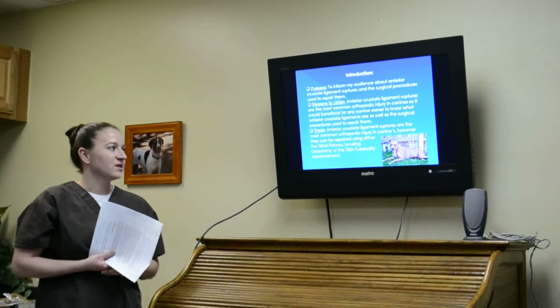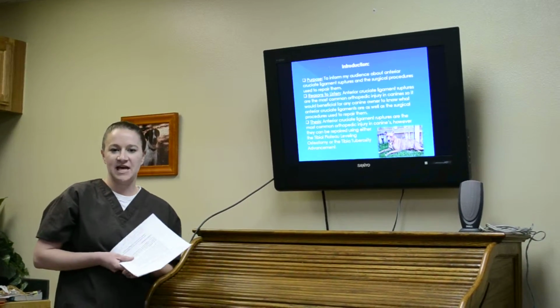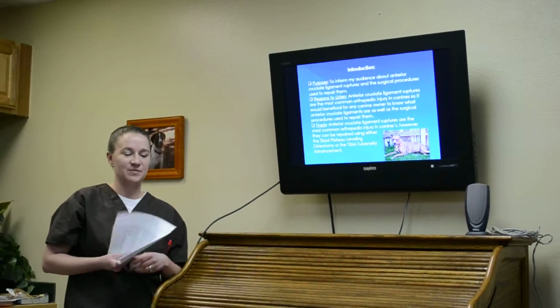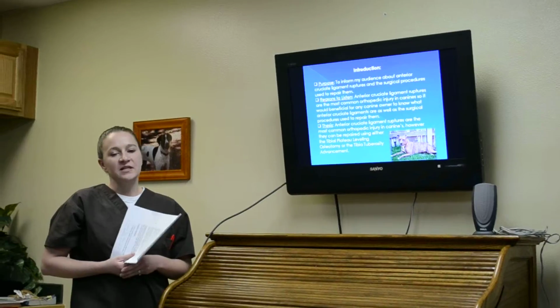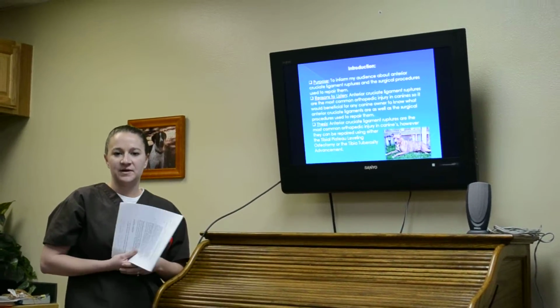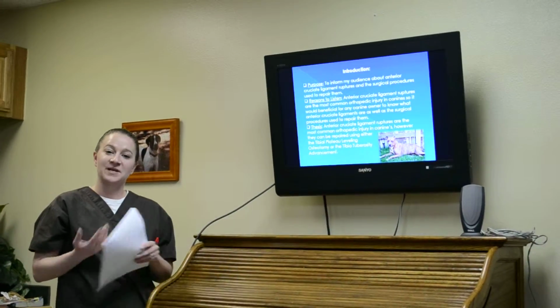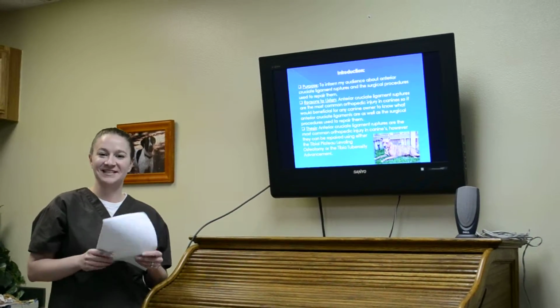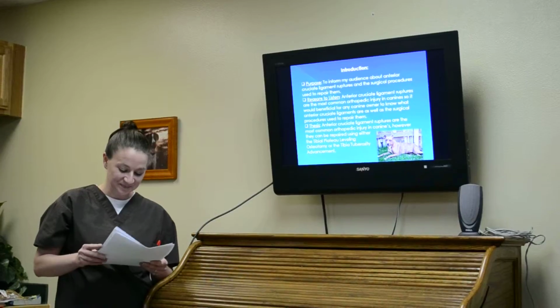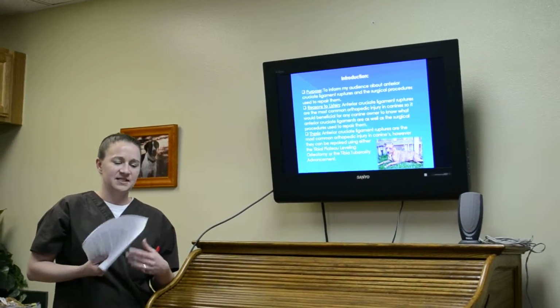She did have one of the procedures, and we'll talk more about which one she had and why I chose that procedure. But I just figured it'd be a good idea to research more about anterior cruciate ligament ruptures and the procedures that are offered, even though she already had it done. It's important, I think, this information because